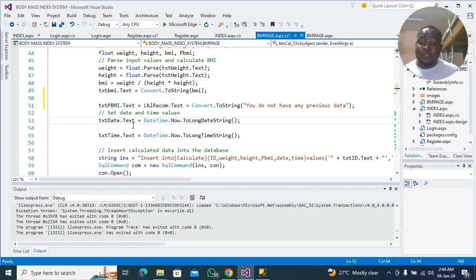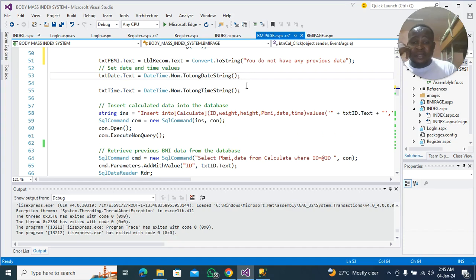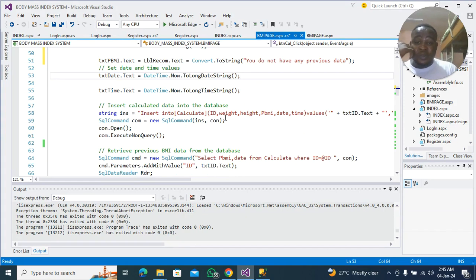So txtDate, this code will fetch the system's date and then save it in the database, so that the next time the user checks his BMI, he or she will know the exact date he checked his BMI, and then will be able to compare with the current date. After this, the BMI and the date, together with the weight and height, need to be saved in the